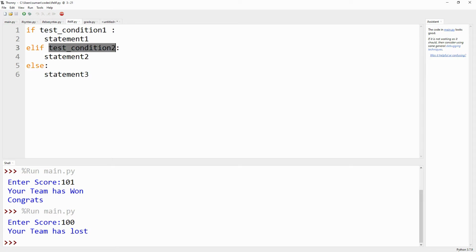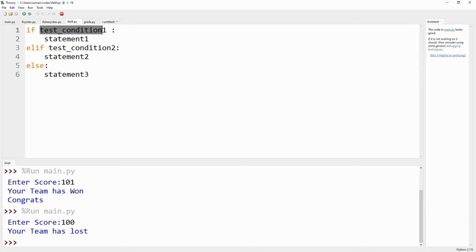If that is true, statement 2 is executed, otherwise it goes to the else condition and statement 3 is executed. Once again, if test condition 1 is true, statement 1 is executed, and statements 2 and 3 are skipped.